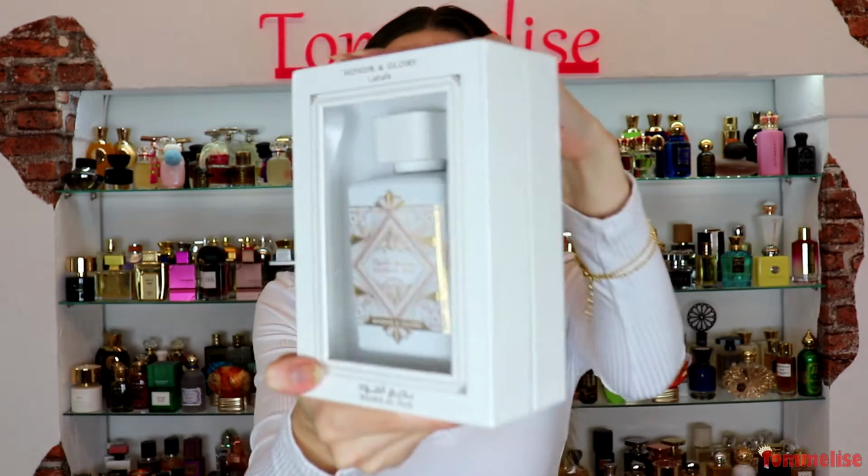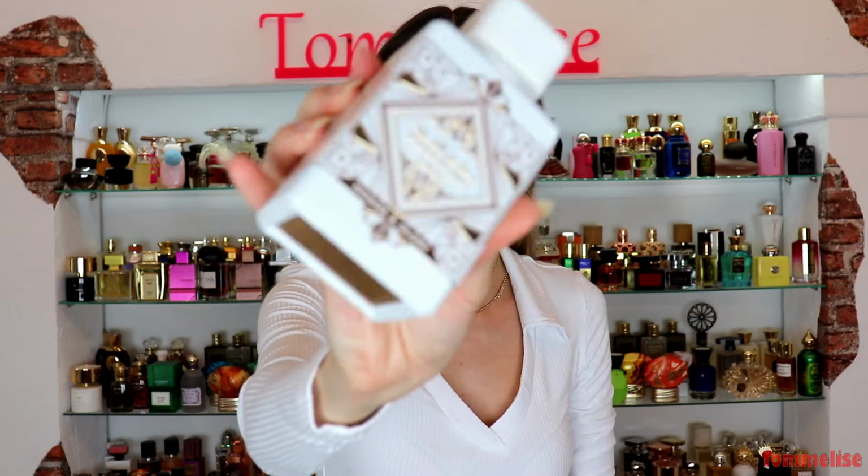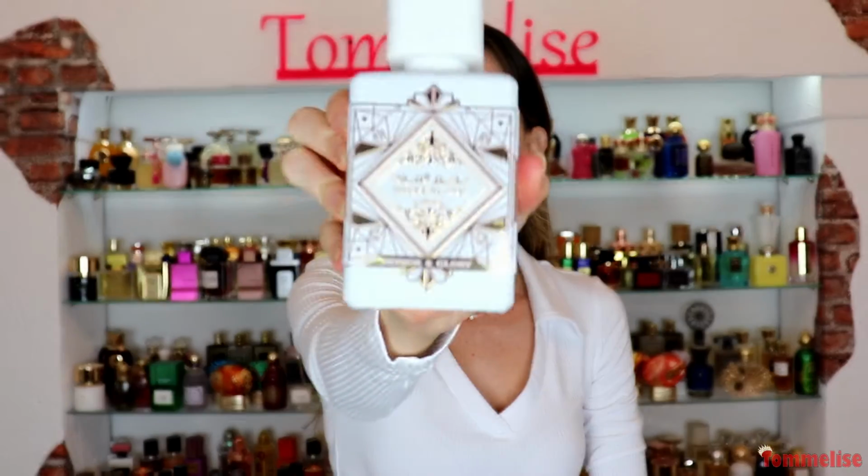So hello and welcome everyone to today's review on the brand new release for Lattafa's Bade'e collection that is called Honor and Glory. And first things first, let's have a look at this presentation that impressed me quite a bit because it's quite an affordable perfume that comes in a big box like this. The actual bottle is quite heavy. This is a very luxurious presentation, looks truly niche,